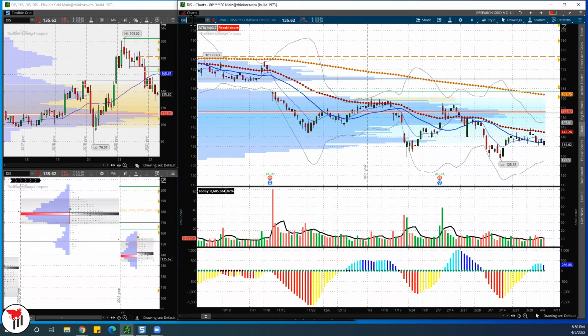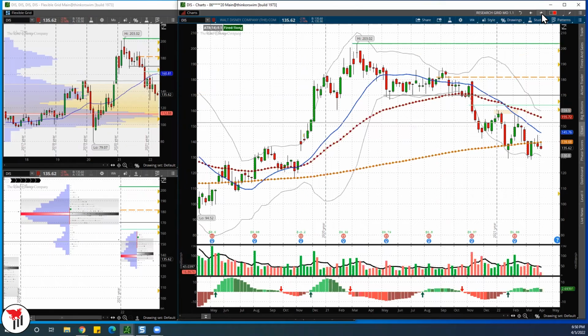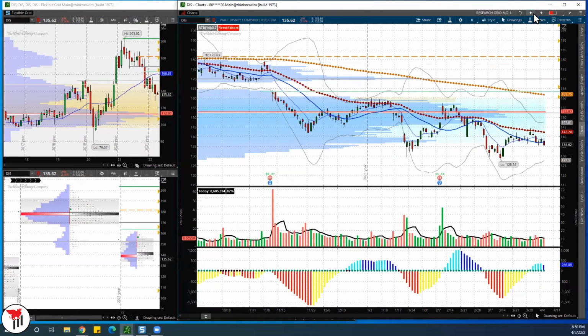You can show me anybody sees anything on Disney? You can say it's a downtrend, but we failed to make a low right here. So it's a compromised downtrend. It's not an uptrend for sure. It's not a downtrend anymore because we held 129. So at best, you can say 129 to 146 for a dirty range.